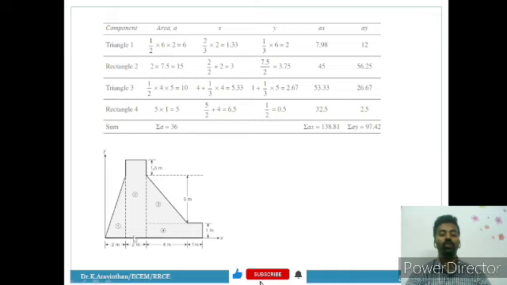That is 2 by 2, which is 1. Always from the origin you have to measure the x. So for identifying from the origin, this is 2 plus 2 by 2. So hence 2 plus 2 by 2 is written.